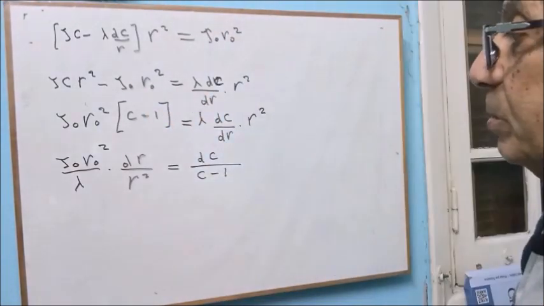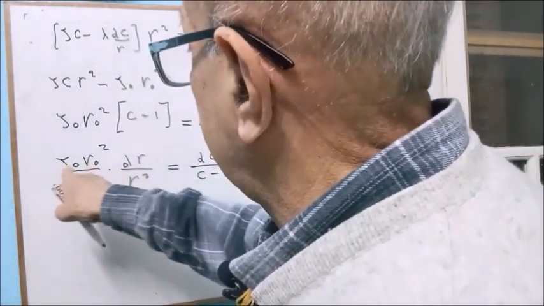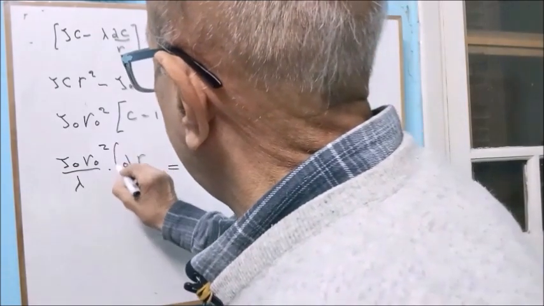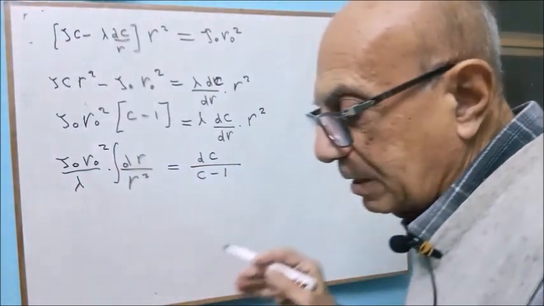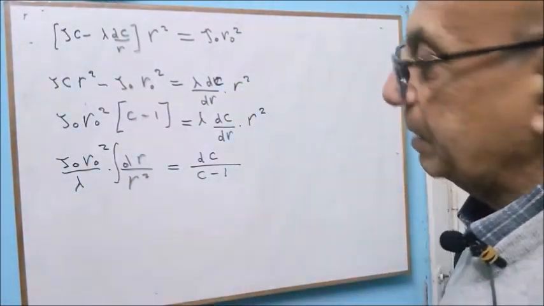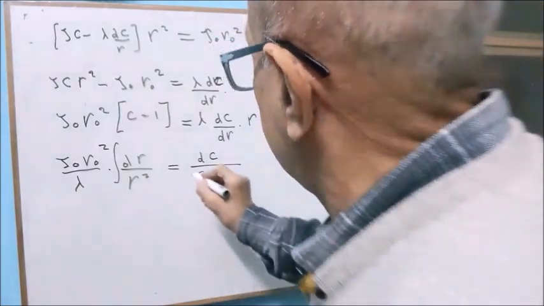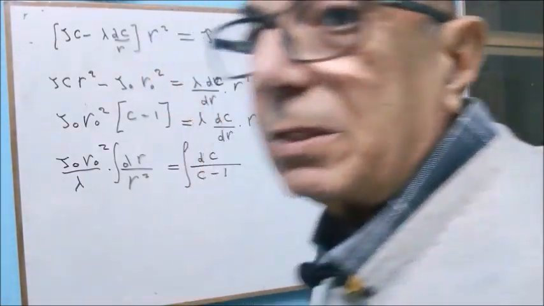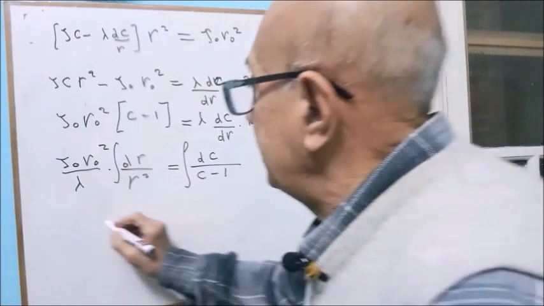Okay, now we can perform integration. This is constant, J0 R0 squared over lambda. Lambda is constant for our case at a given temperature, given surrounding air currents and pressure, and we integrate dc over c minus 1. So now we have